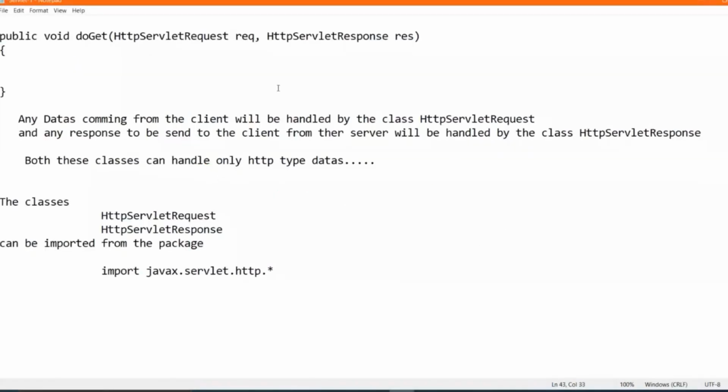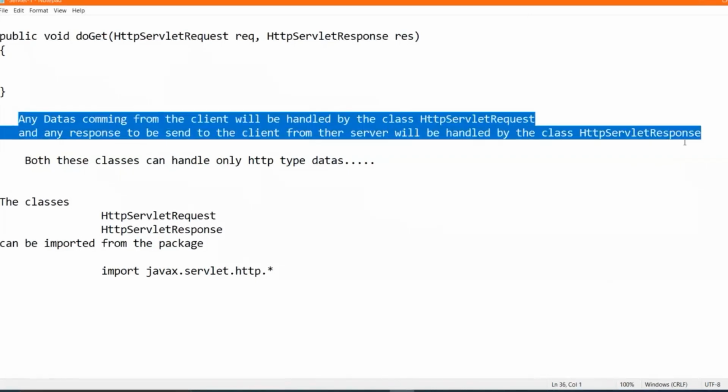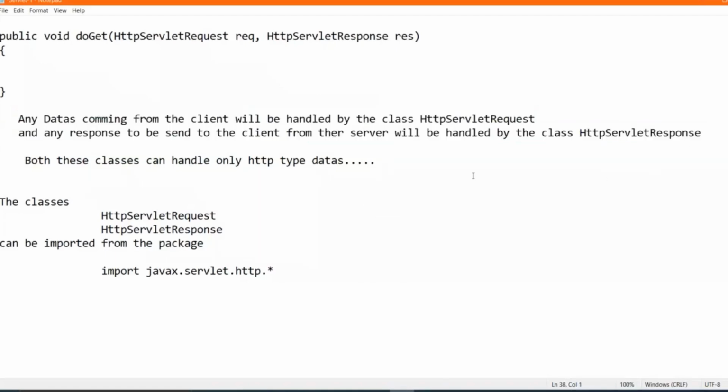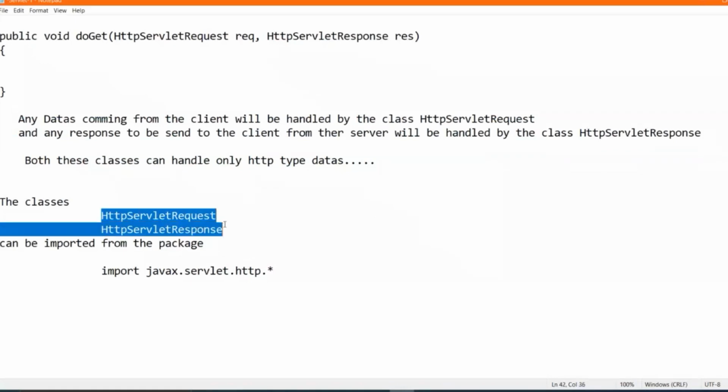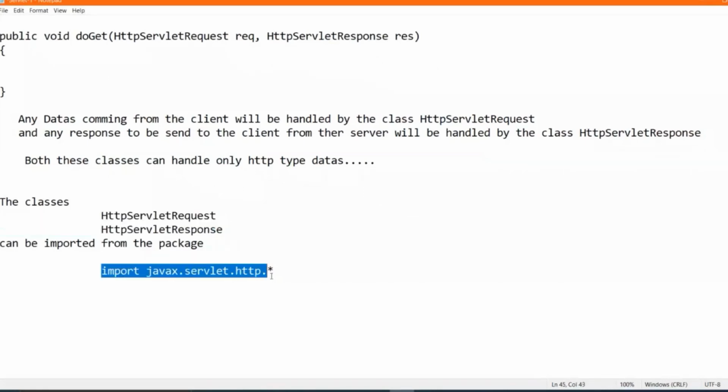okay. So we have seen a method called doGet, and the purpose of doGet and doPost is to accept the values coming from the client. Okay, and inside we have the parameters called HttpServletRequest and HttpServletResponse, and any data coming from the client will be handled by the class HttpServletRequest, and any response to be sent to the client from the server will be handled by HttpServletResponse. Now the classes HttpServletRequest and HttpServletResponse can be imported from the package